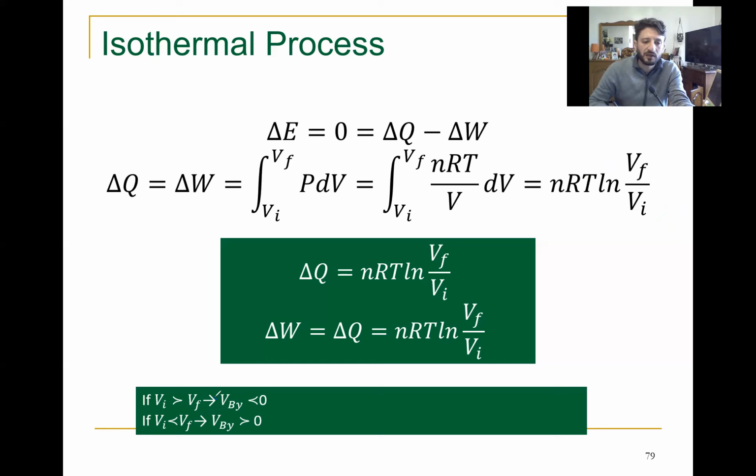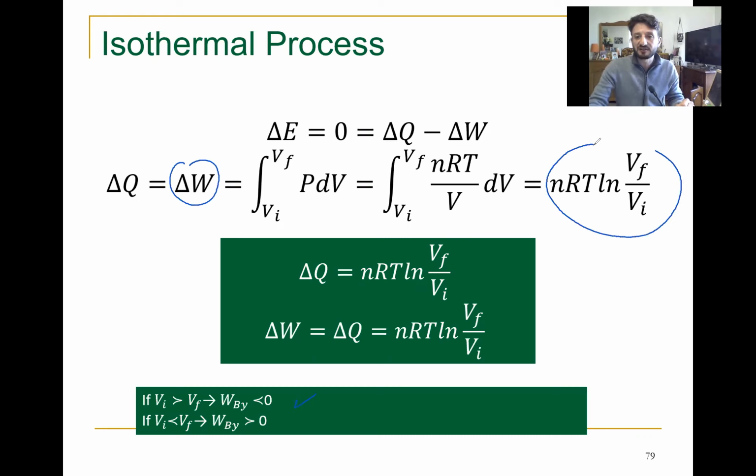So omega is negative if V final is less than V initial, and omega is positive otherwise. Okay. So you have to know very well what is the value of d omega in the